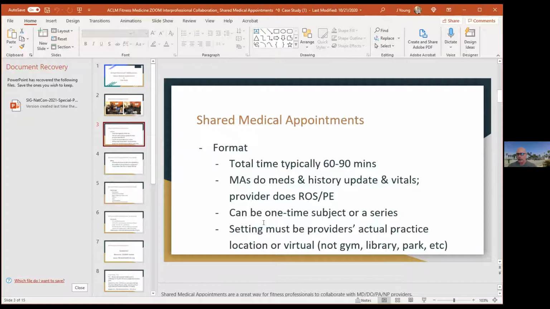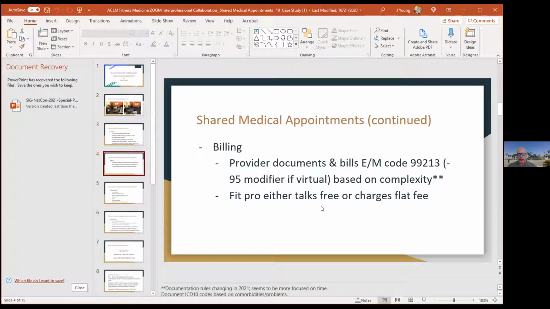And then the provider or the medical assistant will do some vitals. And then at that point, they can bill for it, which just leads to the second slide. And this is outside of my area of expertise, but this is the language you guys speak. Provider documents and bills, the EM code is 99213 through 95. Blah, blah, blah. So the reason why I point this out is A, it's part of the answer to the question, and B,